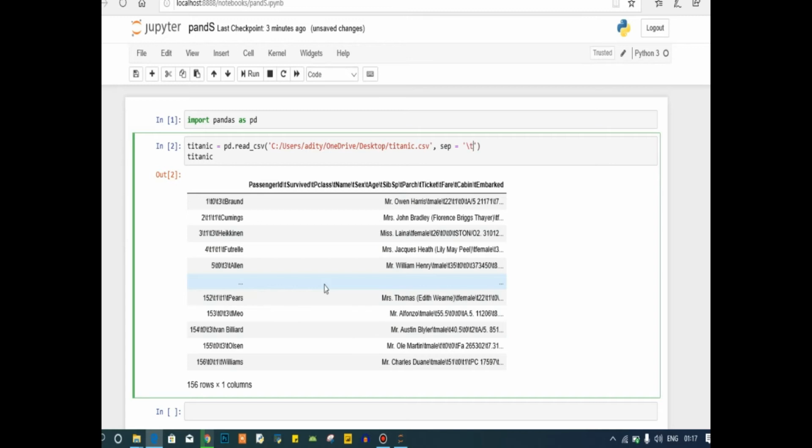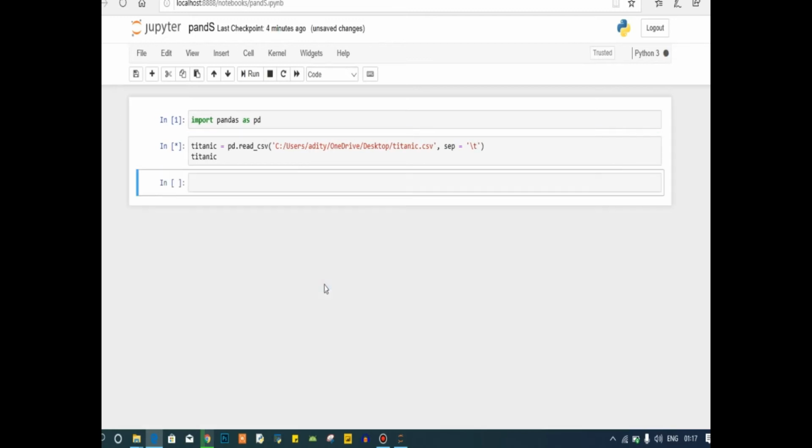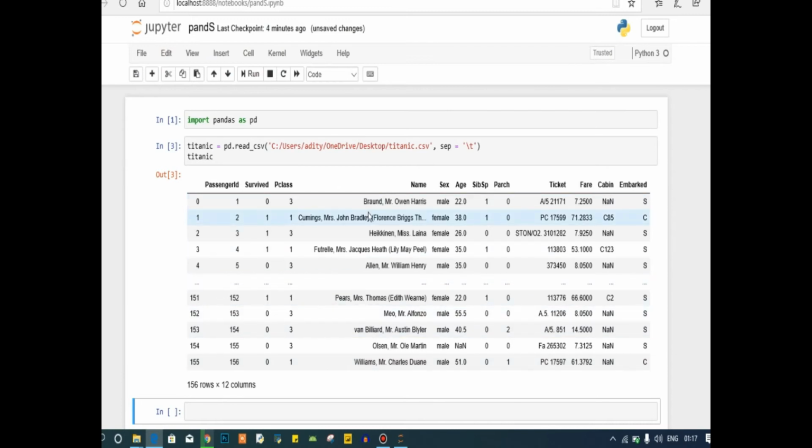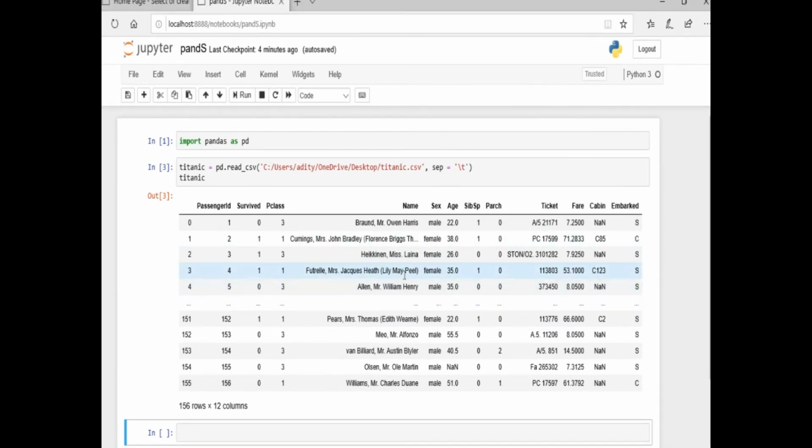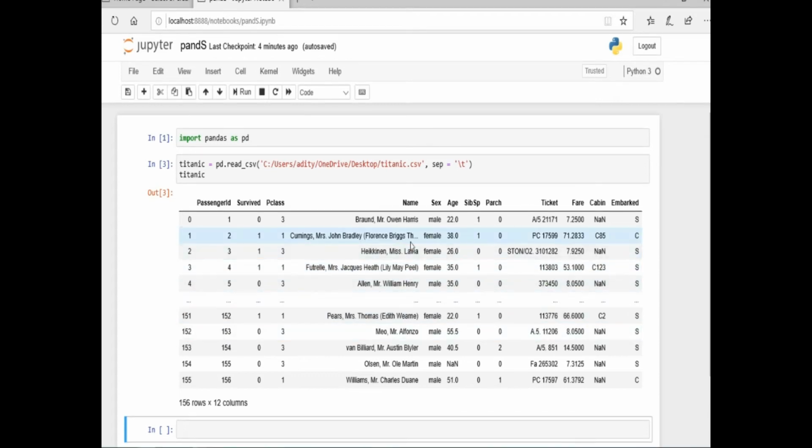So I will give backslash t, and now just press Ctrl plus Enter and run this. Here you can see that our unstructured dataset has been turned into completely structured data. This is the beauty of pandas. All this was done just by using this one word, separator, which turned this unstructured table into a structured form.